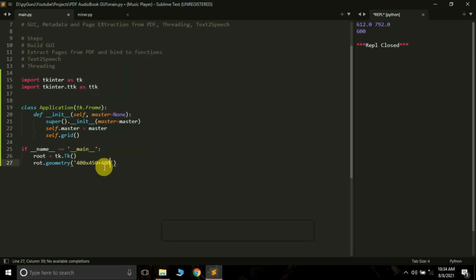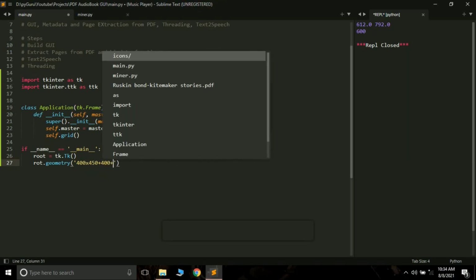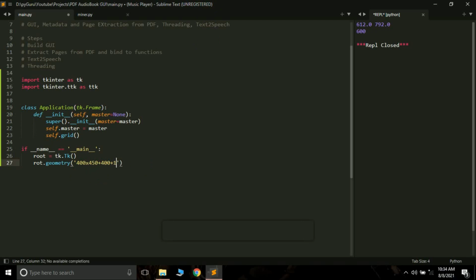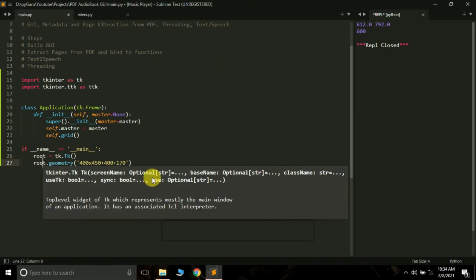Now plus 400 means the distance from the left side will be 400 pixels, and the distance from the above side is 170 pixels. What this will do is, whenever the window opens, it will be 400 pixels away from the left side and 170 pixels away from the above side. So root.geometry is this.